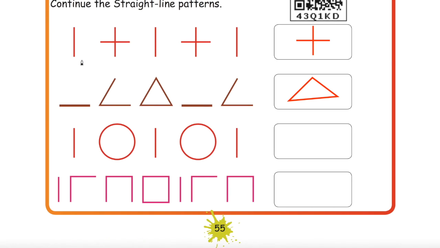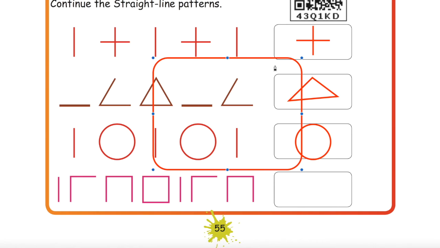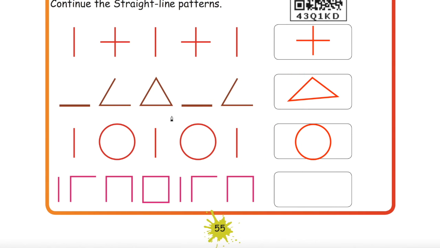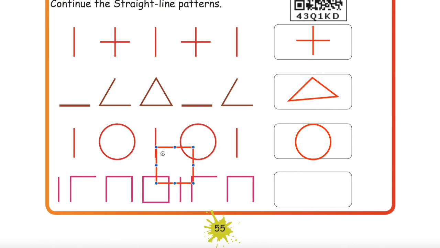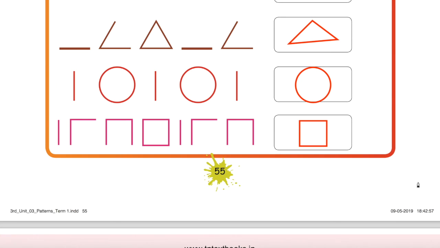Circle. Here you have to draw the circle. Circle is available. Circle came, right? Circle. Here you have to make a square. Is a square available? I hope a square is available. Oh, this is not a square. What are those bending portions? Yes, you can make a square out of it just by putting it here and here. Move it here. Right.